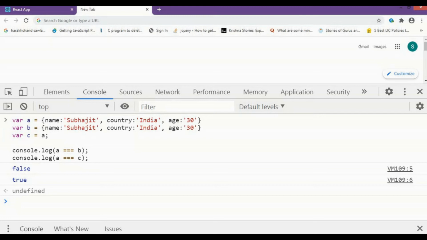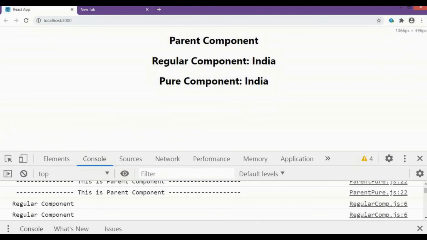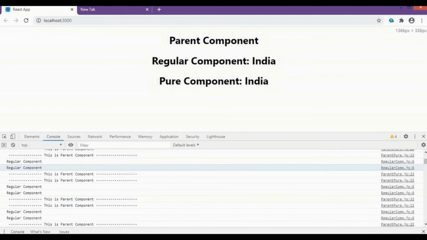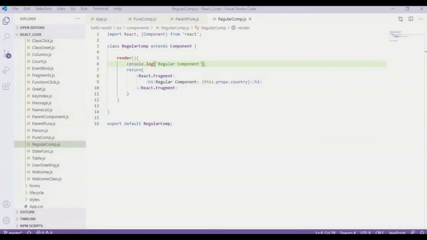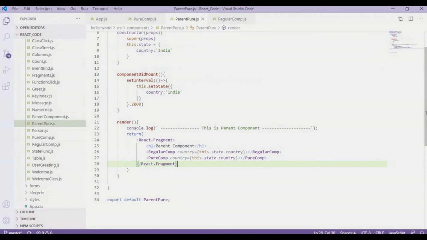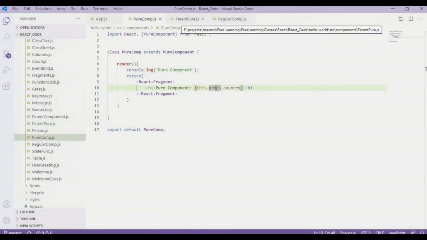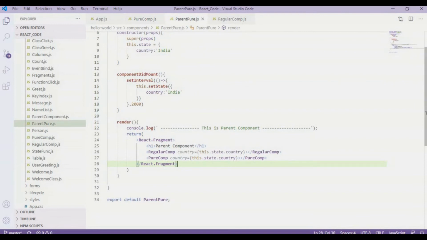So that is why we are seeing this: every time, the pure component is comparing the prop value from the parent component. I'll show you in the code. This prop value is compared every time the parent runs its componentDidMount function.